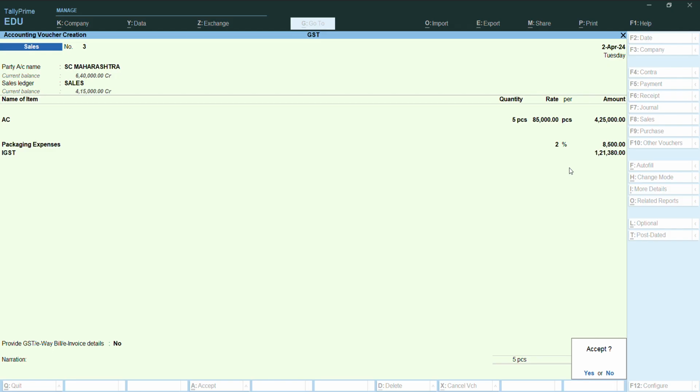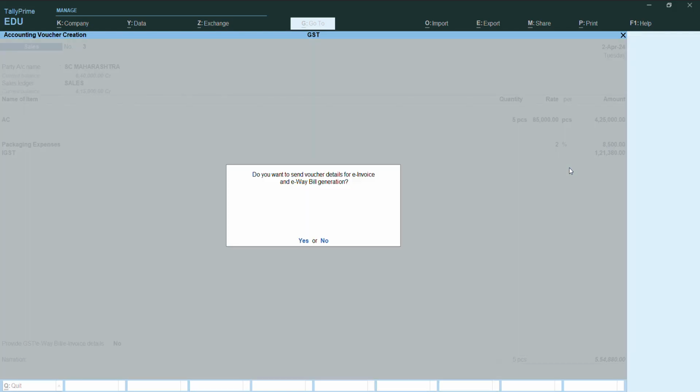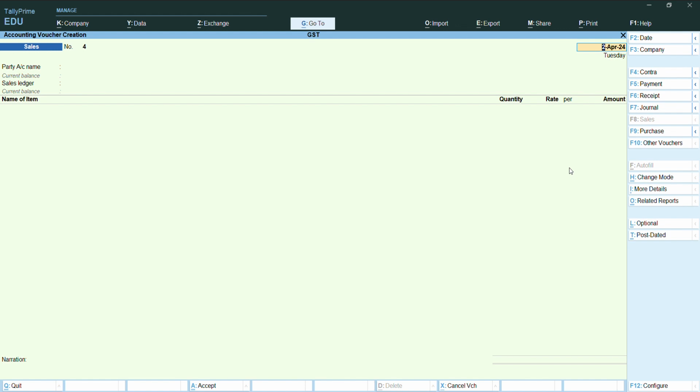Accept yes. If you enter here, the entry will be saved. So I will press enter. If you want any UI bill, made it yes, otherwise made it no. The entry is completed. Entry is saved. Now if you want to any changes, then you can change it from the vouchers and putting the date, etc. I don't want to put any changes, so I'll just skip this, and